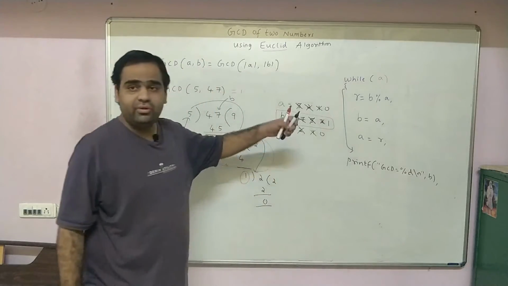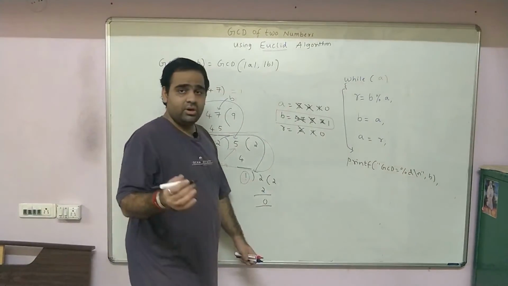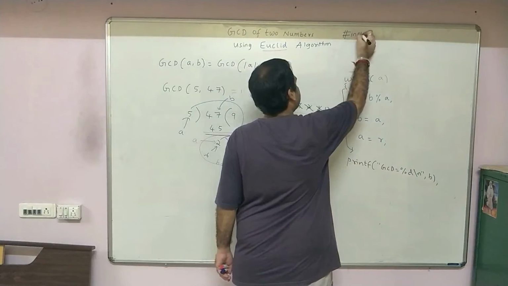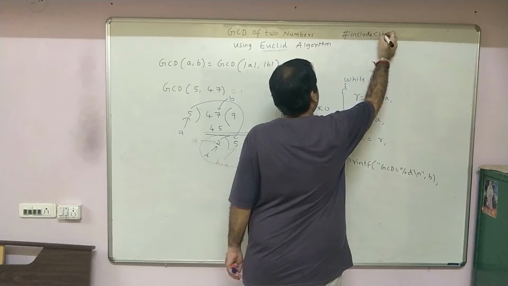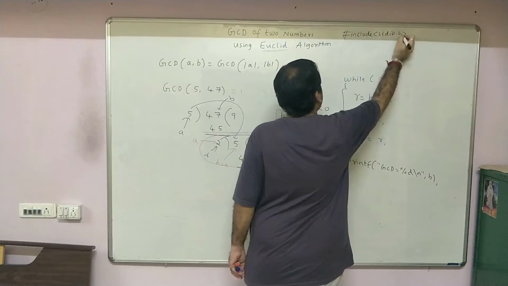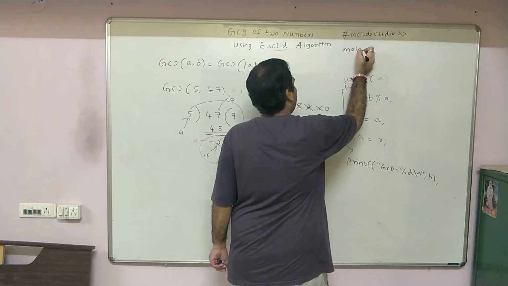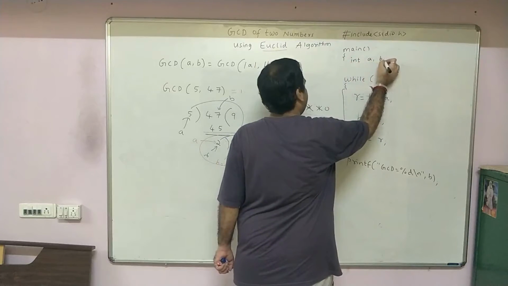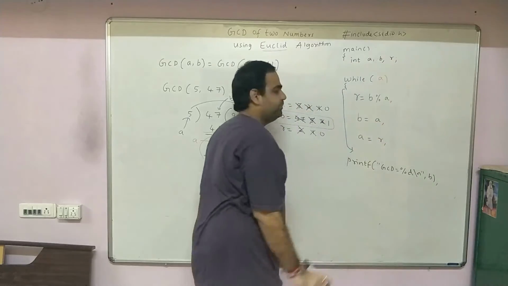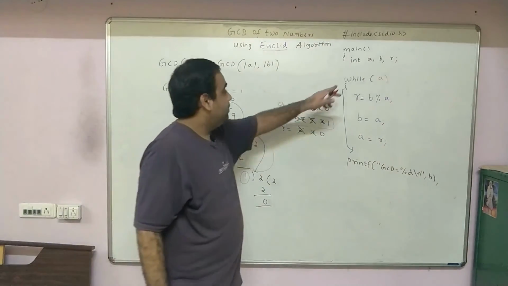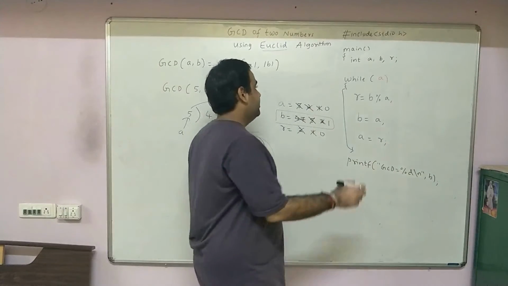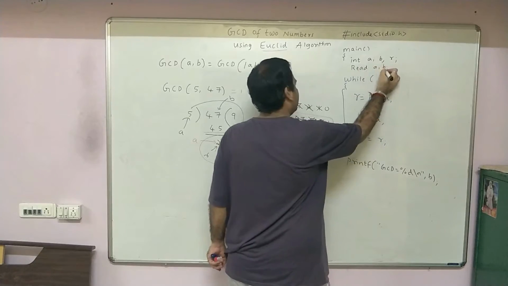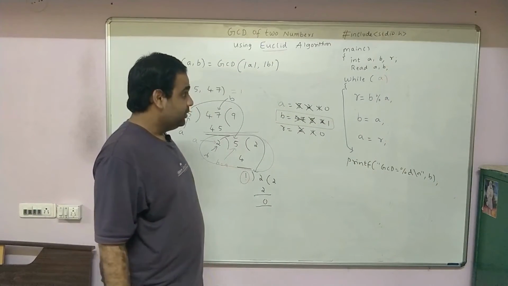Right. Now this we have to put in the form of a program. Now let us see how do we write in the form of a program. We say hash include stdio.h. Okay. Now this is the main. How many variables we need? We need two variables, let it be A and B, and we need one more variable R. But the input to this program is A and B. Therefore, we read the values of A and B. Read A, B means you have to write scanf statement for it to read A and B.